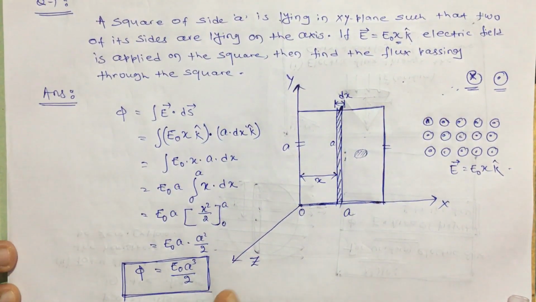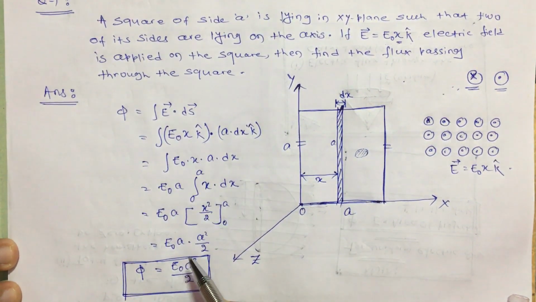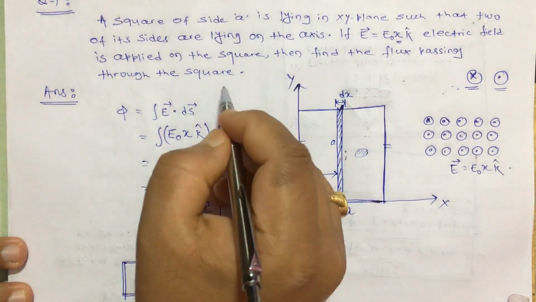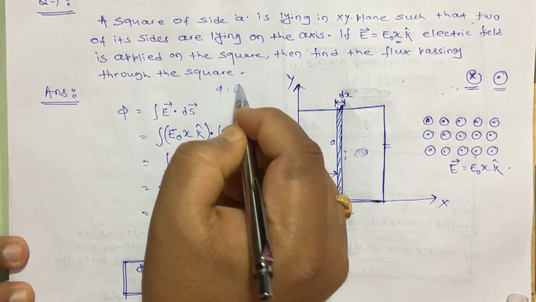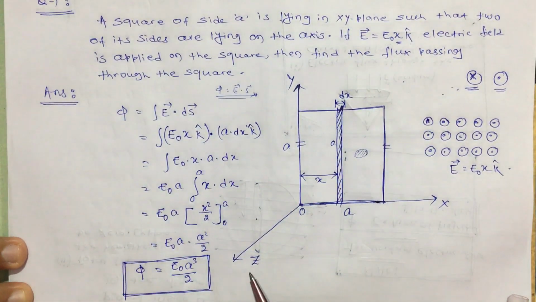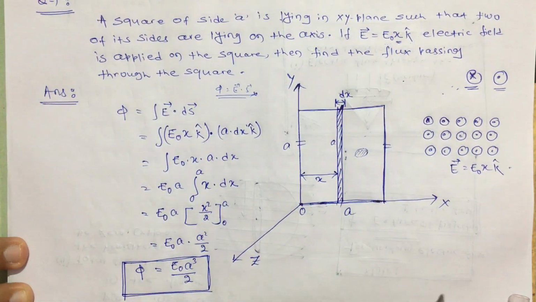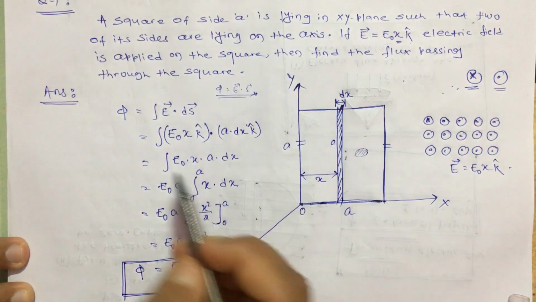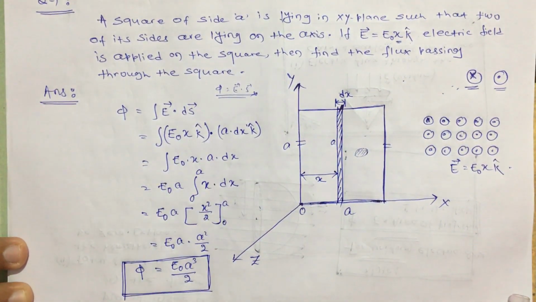So, not only just remember this answer, you have to remember why we have chosen a strip, why not directly use the formula flux equal to E vector dot S vector. Why have we not used this? Because it is not a uniform one. Now, if it is not a uniform one, how to solve it? By taking a small area element, and then using this formula, you will get the answer. Okay. Now, let us come to the next question.